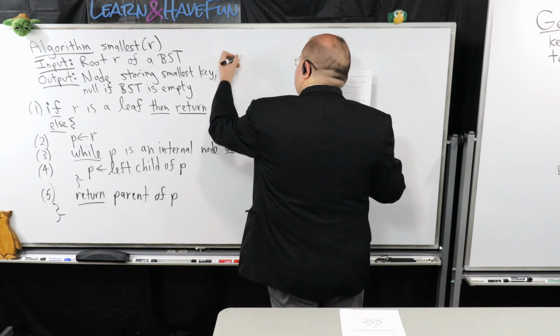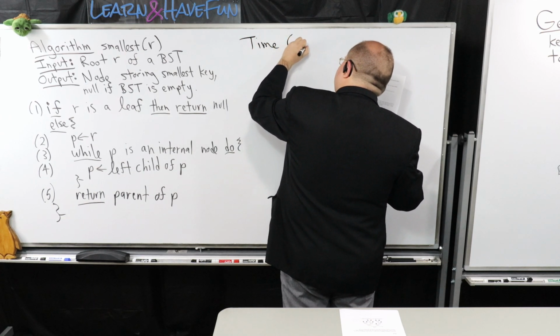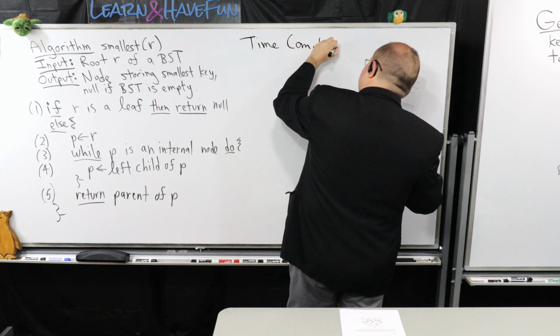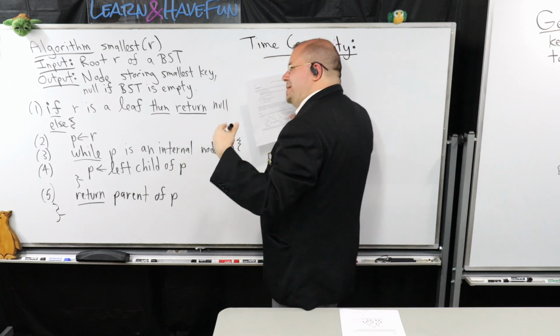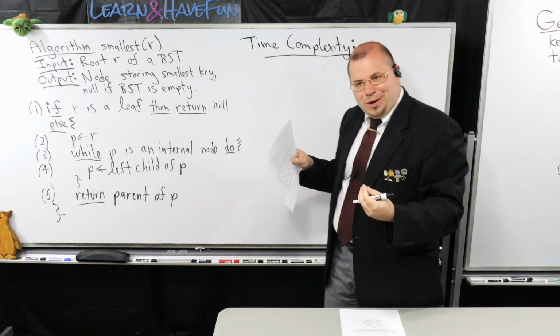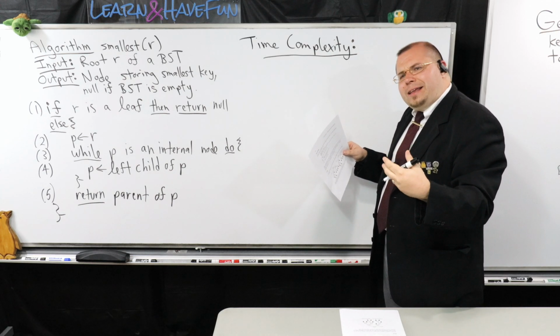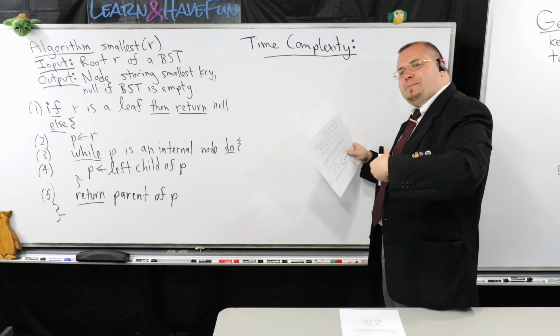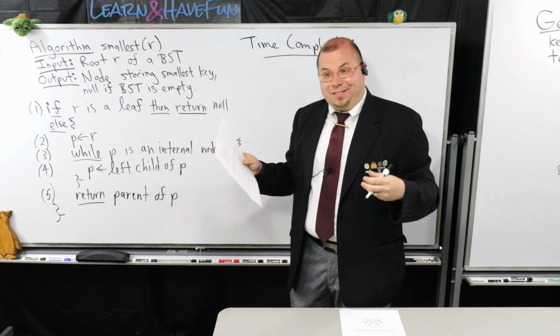So let's talk about the time complexity of this. You're going to find that the analysis for many of these algorithms is going to be like this. I'm going to go through one a little bit more carefully first, and then I'll go a little faster. How's that sound, everybody? A lot of these are going to have a very similar structure. And we're going to see that there's a very interesting property our binary search trees actually have that serves as a consequence of this.